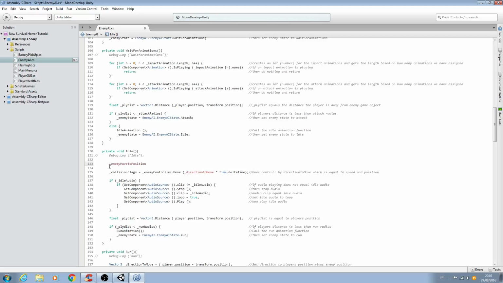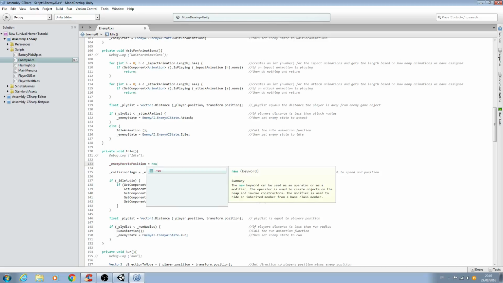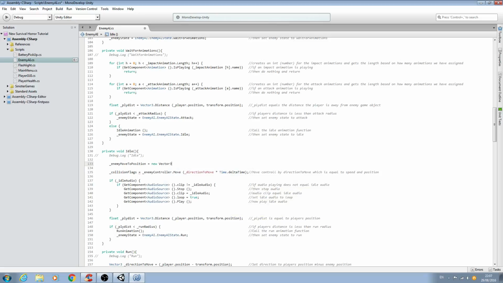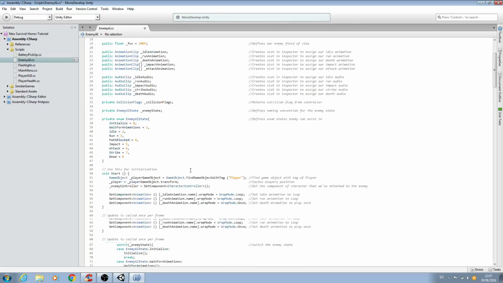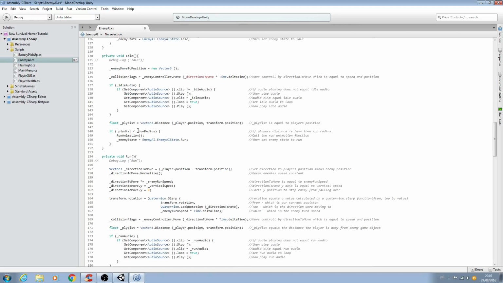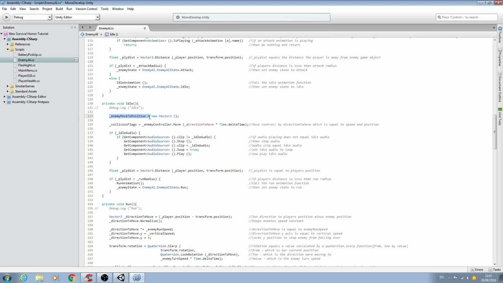So we'll paste that in and we'll say equals new, and it's going to be of type new vector3. We'll open and close brackets, we'll close the line off. So that's a vector3 here. We're saying when we come to the idle, this is going to equal a new vector3, because we always declare a vector3 when we want to move in these types of games,